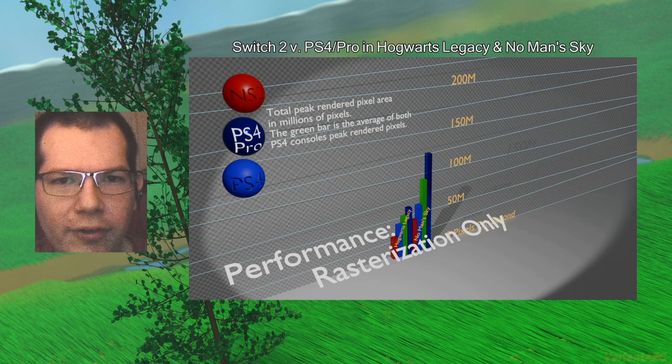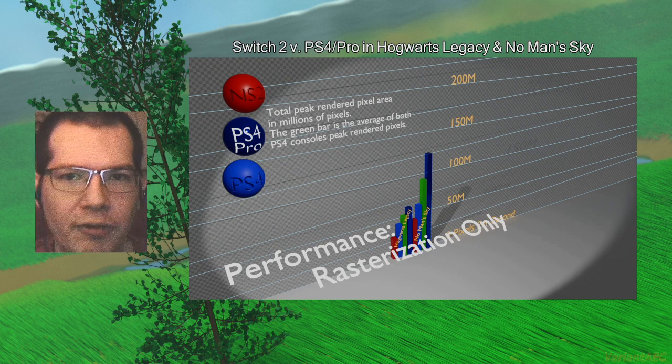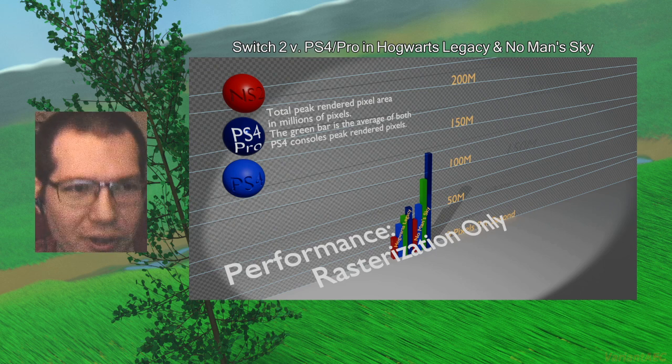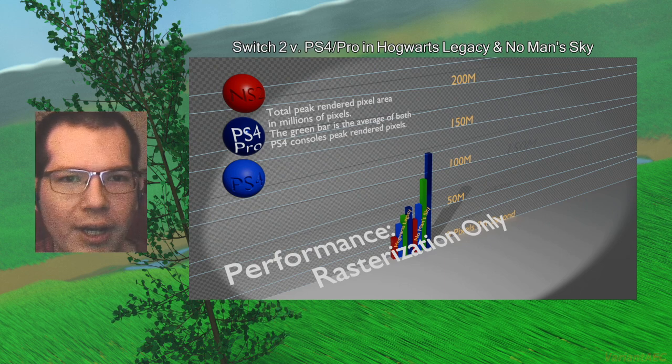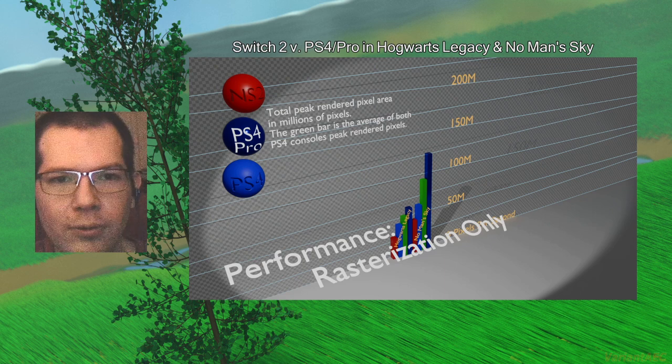Given the prior three examples, which we have real metrics for, it's likely that Switch 2 is rendering Fortnite at an average resolution very close, if not locked, to 720p. 720p 60 gives Switch 2 52